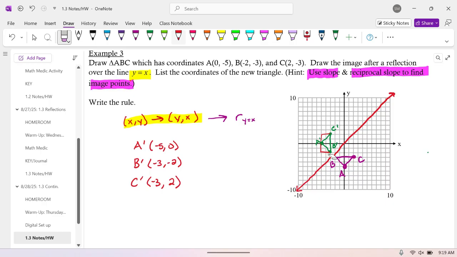So, for example, because remember, it's equidistant from the line of reflection. So, the way I typically do it is I just look at how far away it is from that actual line of reflection. Now, I didn't draw the line to scale exactly, but for example, if we look at letter A,